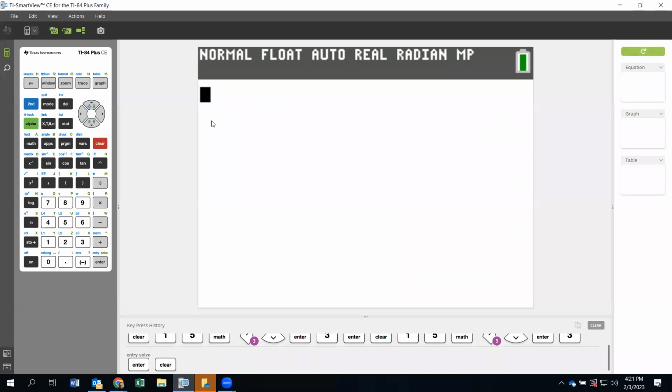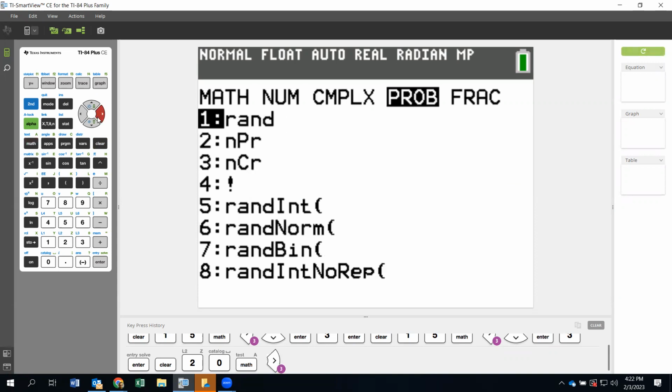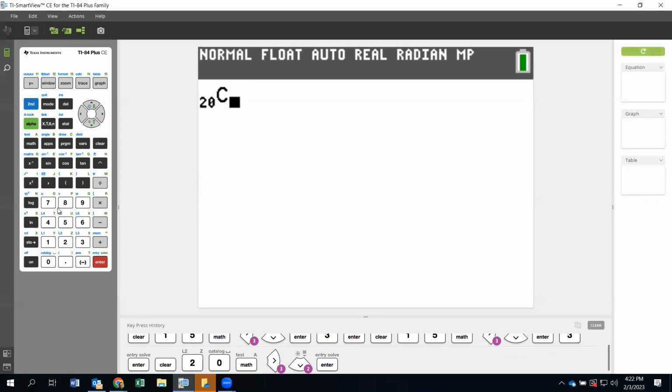So with your calculator, it's going to be a very similar process. So we are going to type in our 20, our sample size that we were working with. And then we are going to go back to math. Arrow over to probability. And we can see that option 3 is where we see the combination notation. We'll either press 3 on our keypad or hit enter. And then we will put in the 7 rows that we want to fill. And when we hit enter, we get our